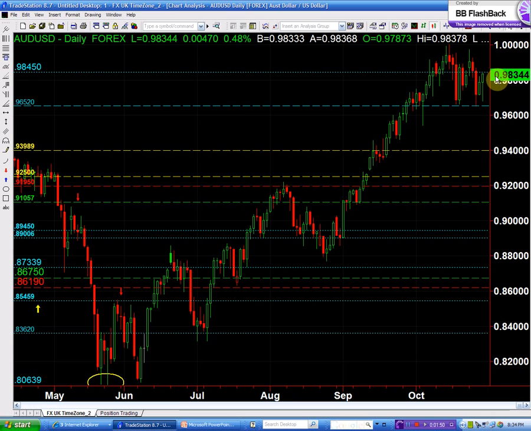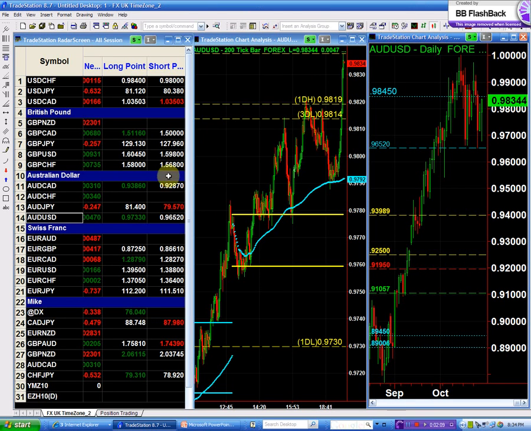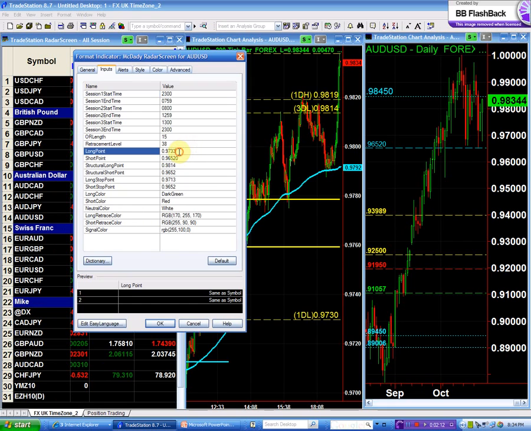I will not be buying this unless it trades above the 98.45, and I want it to stay above the 98.45, and if I buy it above the 98.45, I'm placing my stop right below the 98.45. So I have an easy buy signal on the Aussie dollar, which means that my buy signal on the long side is 98.45. My structure long is 98.45, and my long stop is 98.45. I.e., if it breaks above 98.45 and I buy it, I'm going to make my stop 98.20, 98.25. I'll just use a little bit of common sense, but I'm not going to let it slide too much back below the